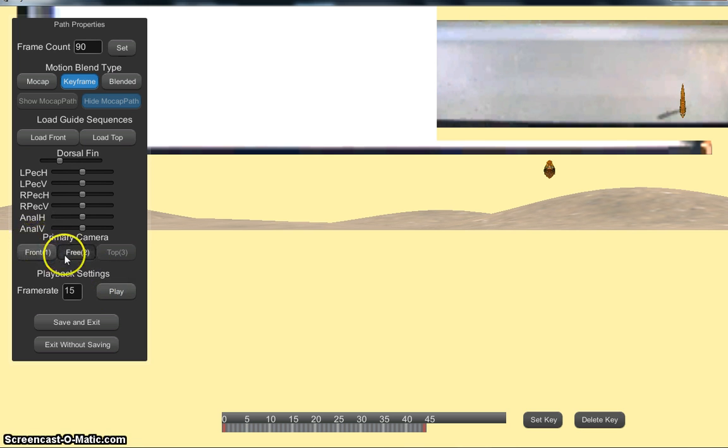Here you have 3 different, actually right now there's only 2 that are activated, but 2 different camera views. One is the front view, which is what you can see right now, and then the other is the free camera. And I'll show you how to navigate through this digital world using that free camera in just a moment. Here you have fin options where you can